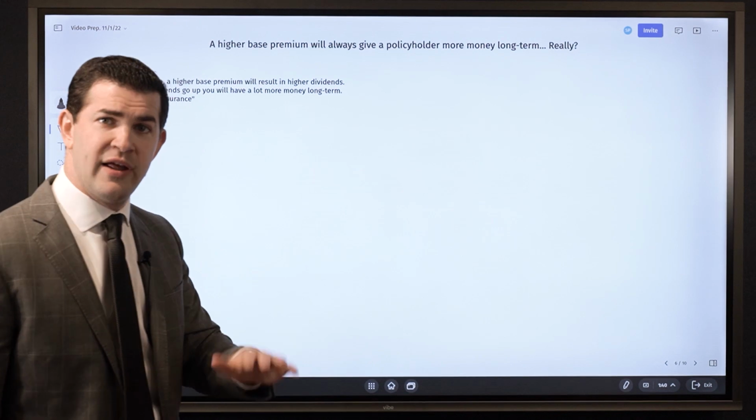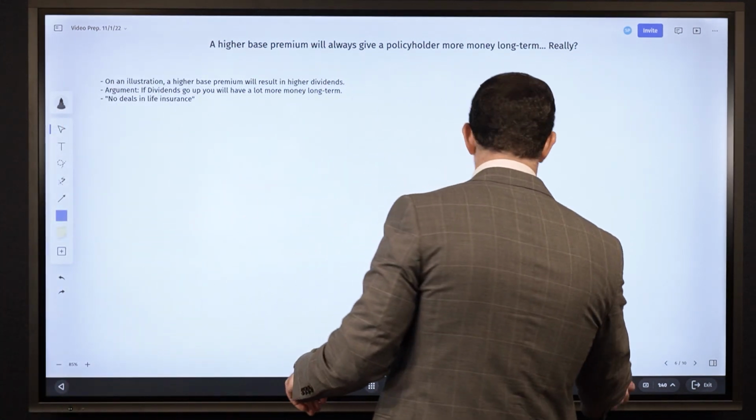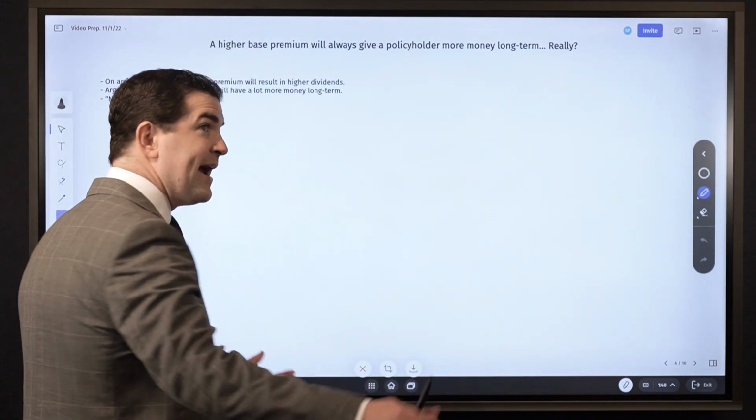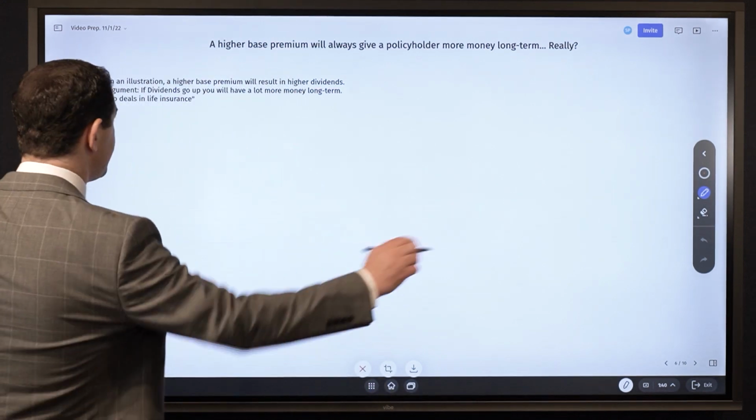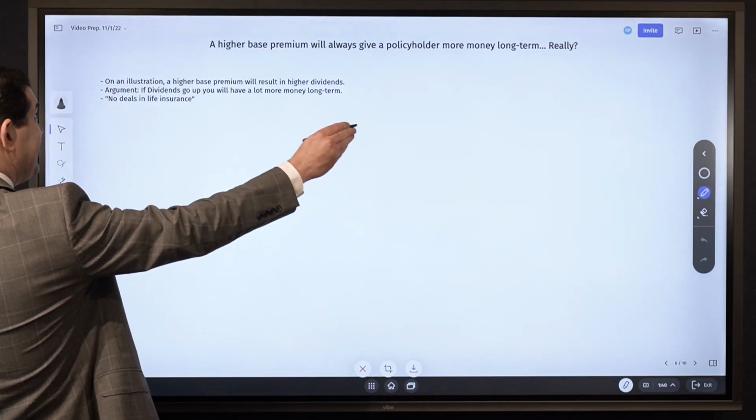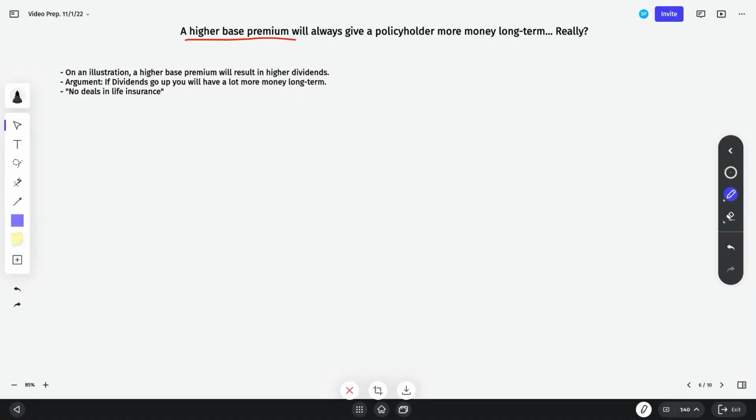It also copies what a lot of corporations do when you look at how they use whole life insurance policies for the cash value component, being an asset on their balance sheet. So where does this come from? The idea that if I go with a higher base premium, which means you will have less money up front no matter what. That's going to be the case if you go with a higher base premium. So if you take less, does that mean you will have more long term? Where it comes from is this. On an illustration, if you go with a higher base premium, what that will result in is a higher dividend